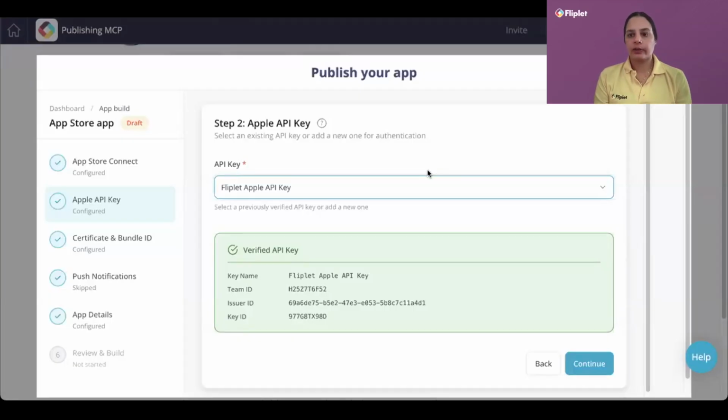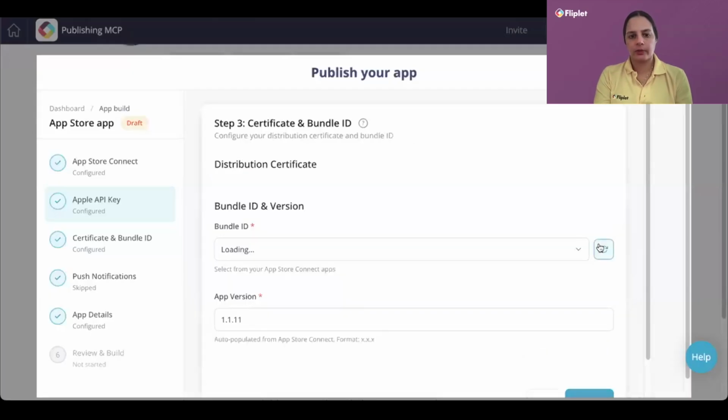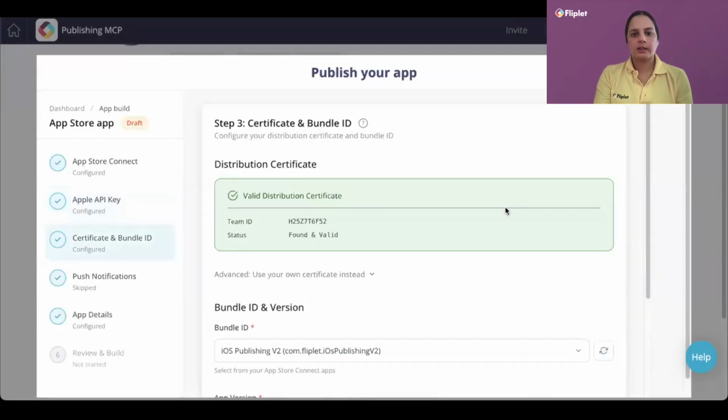So there's lots of validation that happens in each step. So you're no longer going to get to the end of the build and question, is this going to work? Is it going to go through? I now know here that my API is valid. So I'll continue. It's going to validate it for me as well, double check, and it's going to pull up